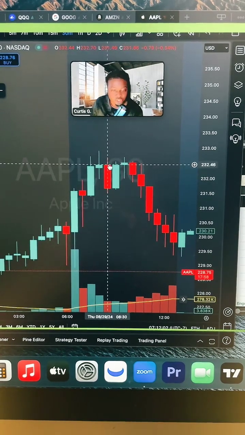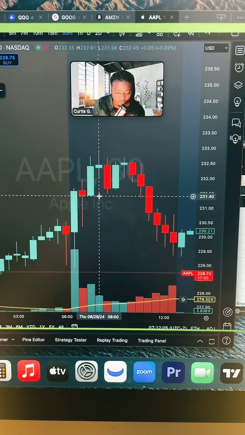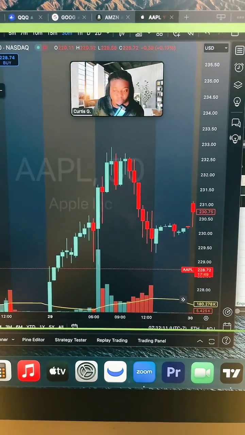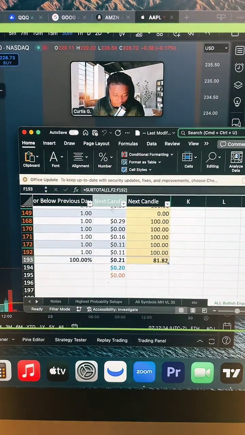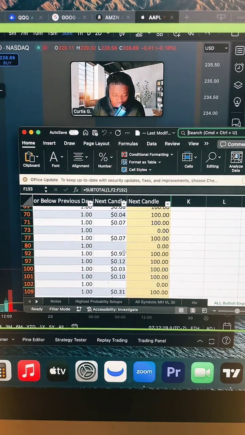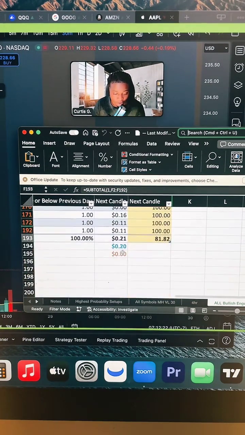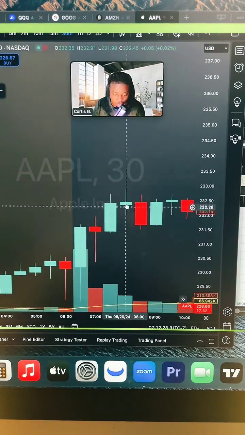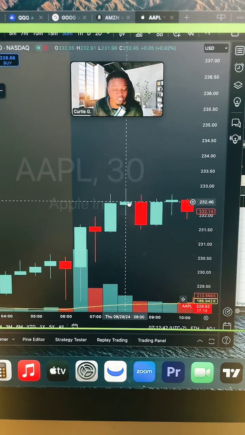But basically, what I'm showing y'all is here we have a bullish engulfing. It occurs above the previous day high. So we got those first two steps. Now on my backtesting log, in this column right here, I backtested all of the instances that were successful. What was the average pullback amount for the candle that you enter on? If we entered on this candle right here, as you can see, there was some pullback. So you could potentially wait for this to drop down 10, 15, 20 cents, enter into your calls, and then scalp for a quick win right there. That is a strategy that I'm really, really proud of.